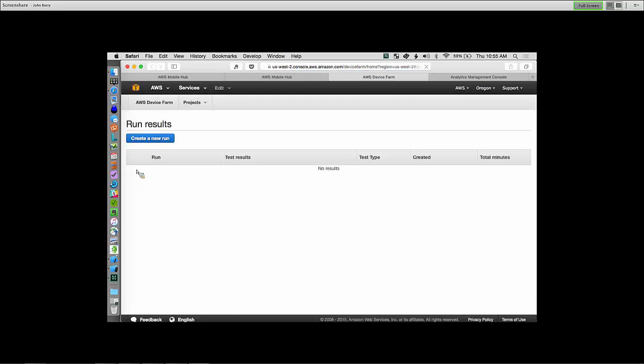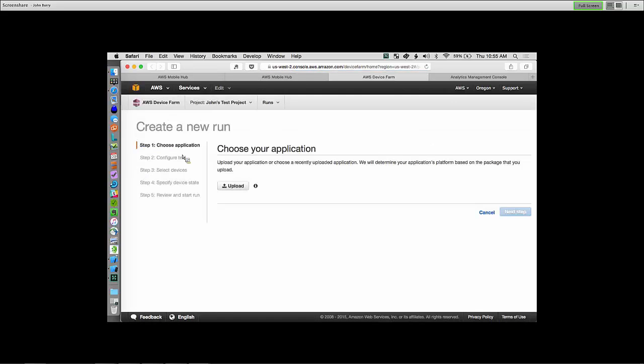Before I do, I'm going to click Test. And what's valuable about this is I actually pop directly into the device farm, and I can go ahead and upload my application that I've built. In this case, when I have gone back and built my application, it's downloaded to my desktop, and I can upload it and run it. And if you notice, John's test project has already been created for me with the Mobile Hub integration.